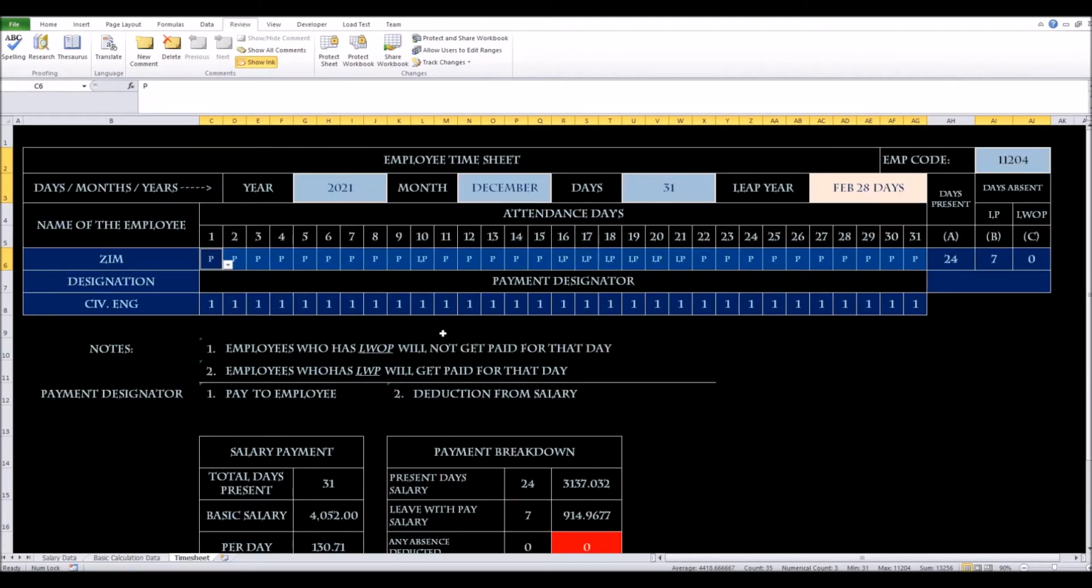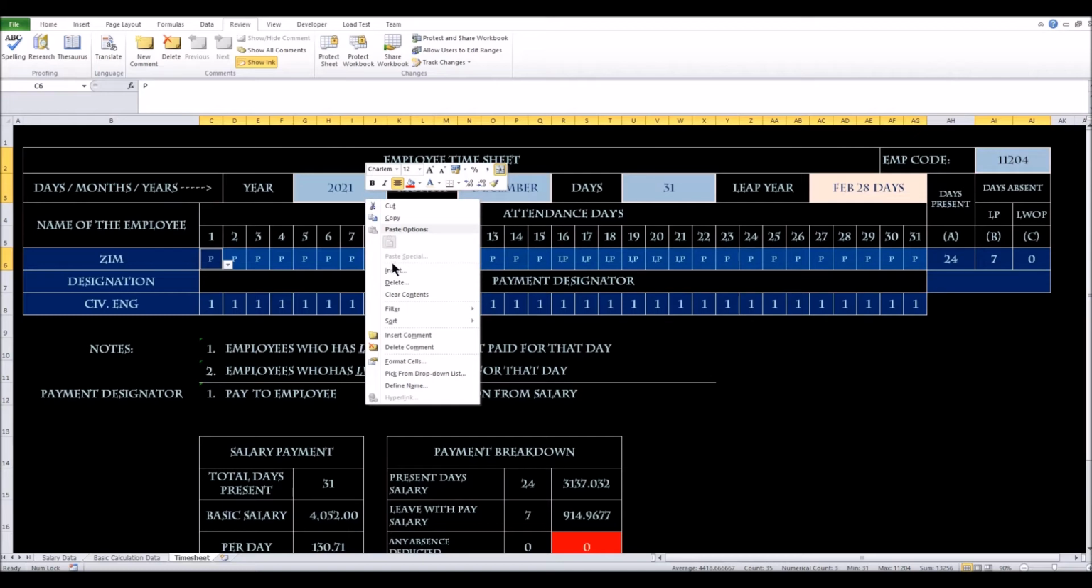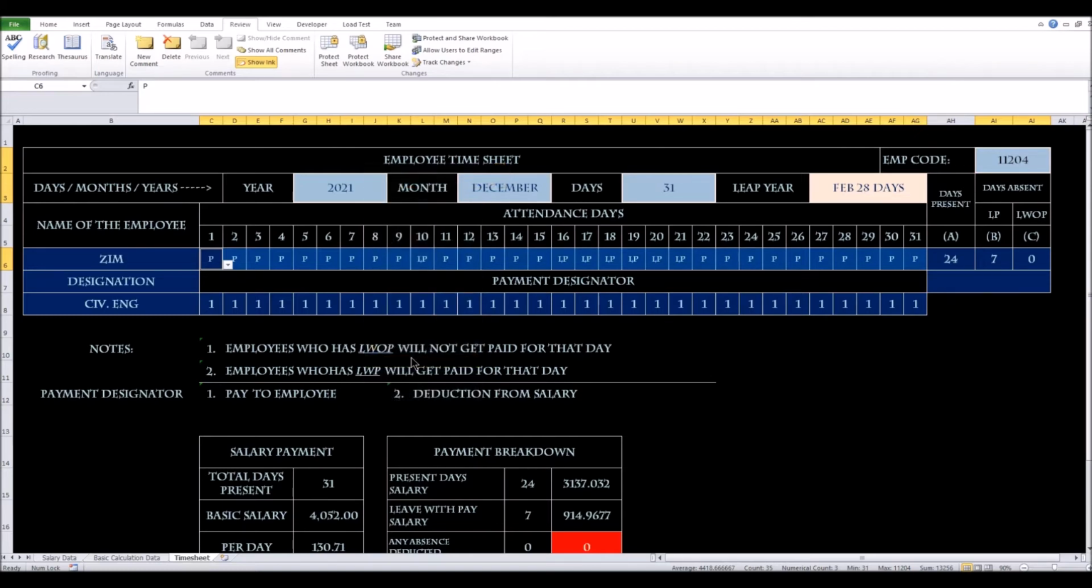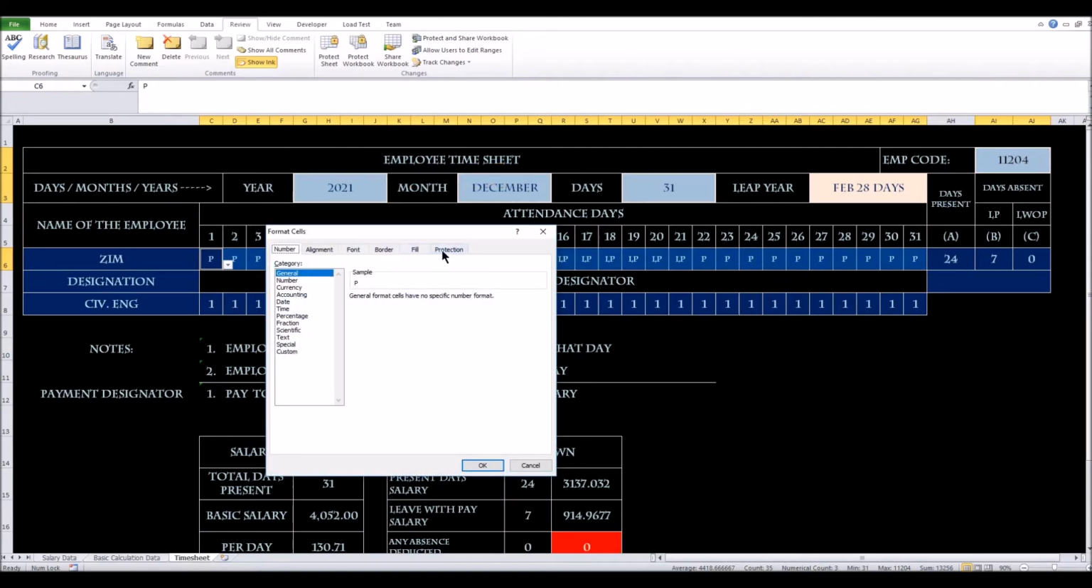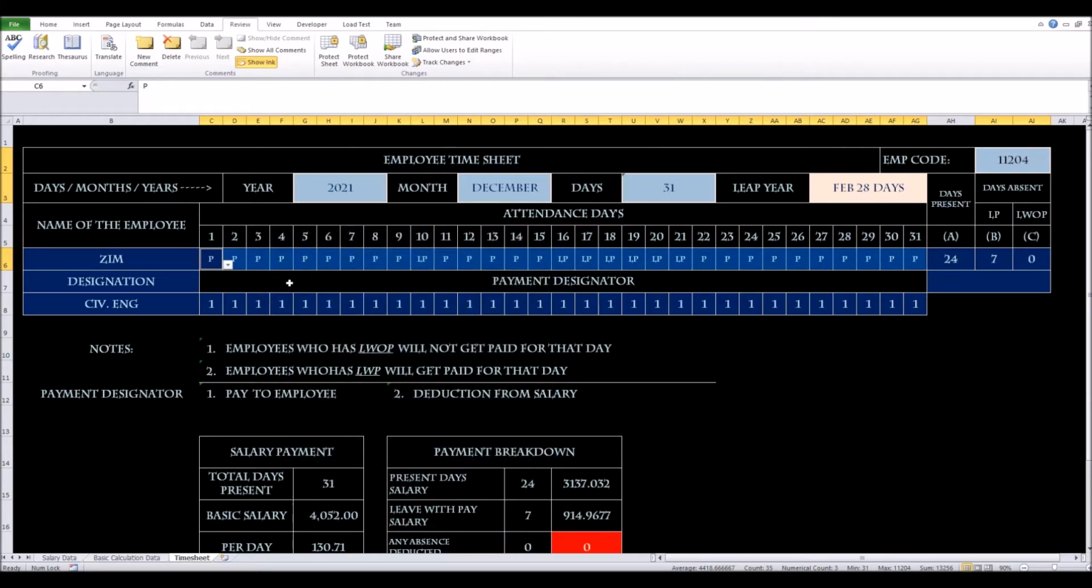Okay, so you're going to right click and go to Format Cells and go to Protection. We'll remove this locked. Okay, click on OK, and for the others,